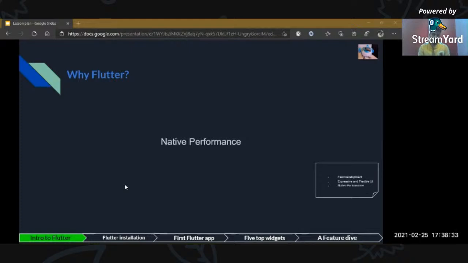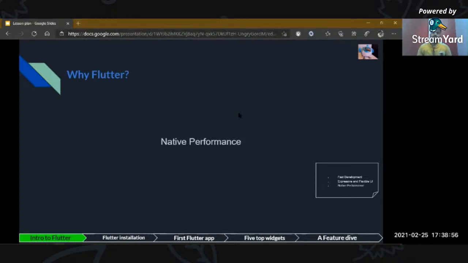On an iOS device, you will see the iOS UI and UX. On an Android device, you will see its own UI and UX features. So that's how native performance is achieved in Flutter.